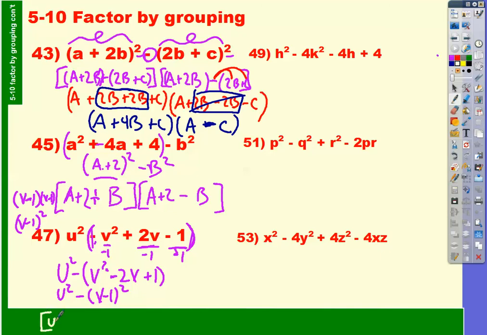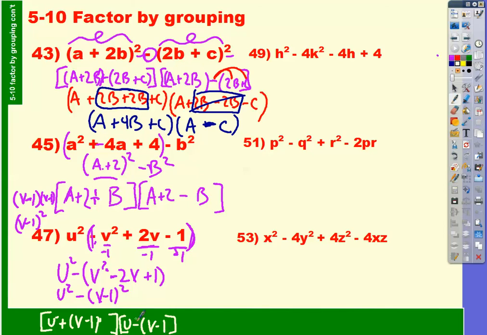So we have u, and since it's a difference of squares, we'll have a plus, and we'll have the u minus what's in the parentheses, v minus 1. V minus 1. But wait a second, since I have this negative sign right here, that means I need to